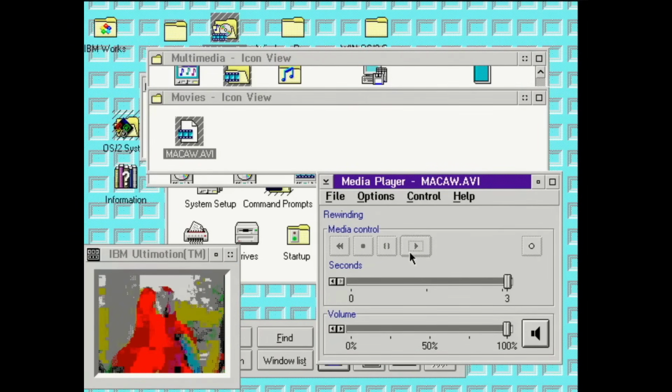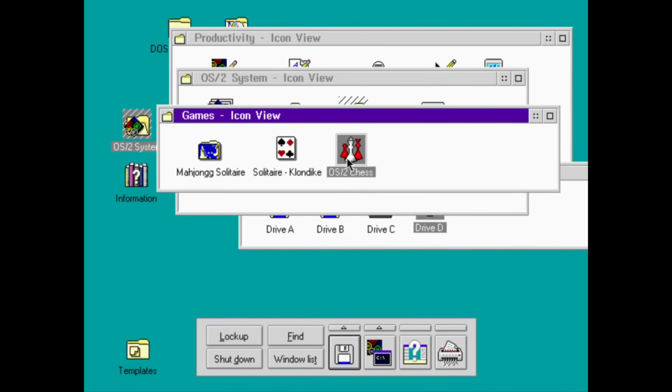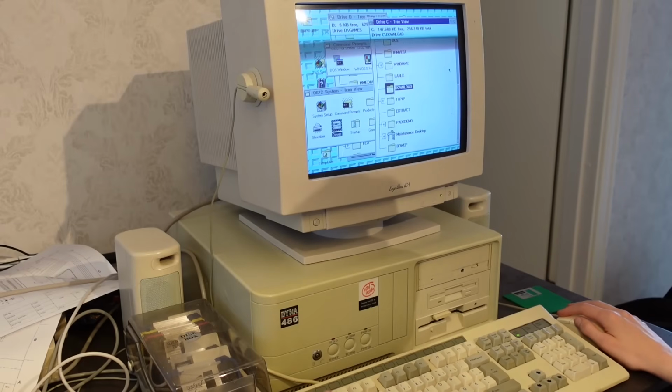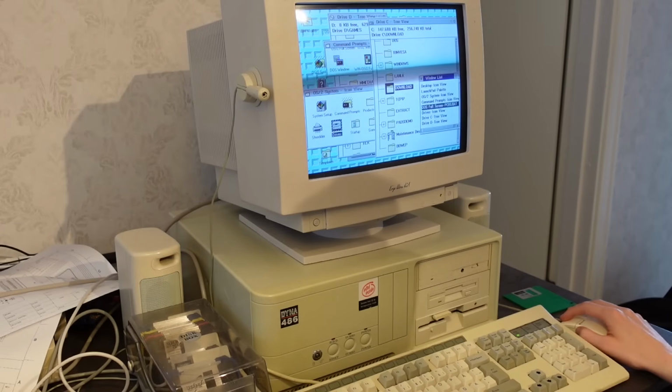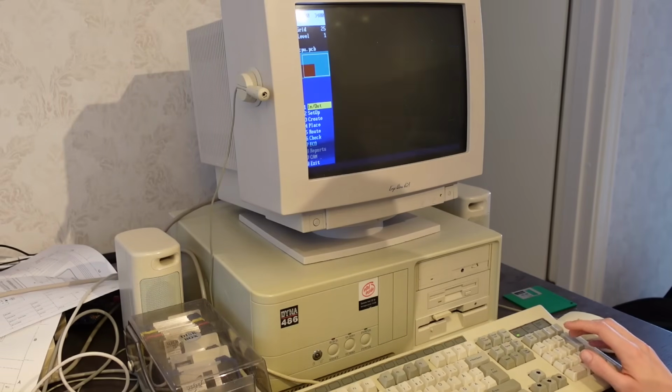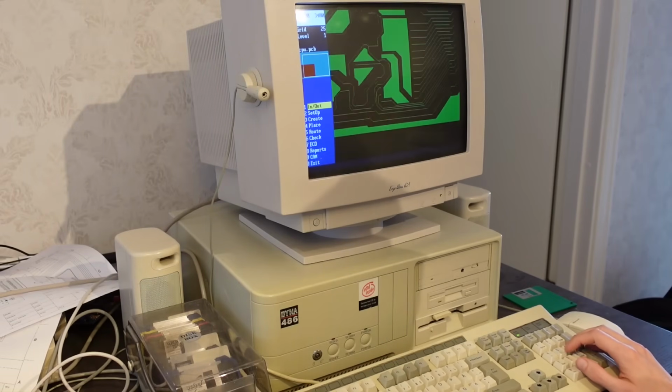As far as games go, you get Mahjong, chess and a solitaire game. I did find a Minesweeper clone in the Hobbes collection though. It's a bit more gruesome than the one you get in Windows. Oh, and all this time, I've had a full-screen MS-DOS application running in the background, so mixing DOS, Windows and OS/2 sure does seem to work.